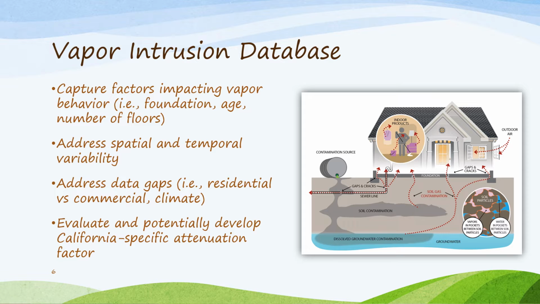For example, it needs to evaluate residential building data versus commercial building data, and it also needs to be able to evaluate different climates. For example, the climate in the Tahoe region is different from the coastal regions. And lastly, the vapor intrusion database needs to house quality data to evaluate and potentially develop an attenuation factor specific to California. So the work group has assessed our existing databases with the above criteria in mind and selected